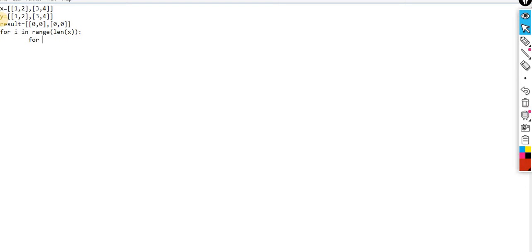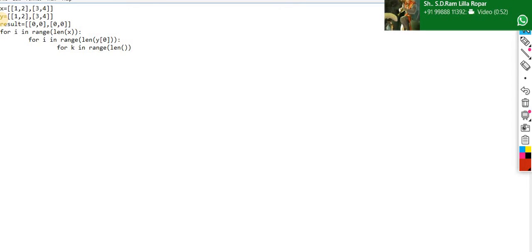The second would be for j in range of the len of the second element, that is y0. Now the third will be implemented for k in range of len of your y.